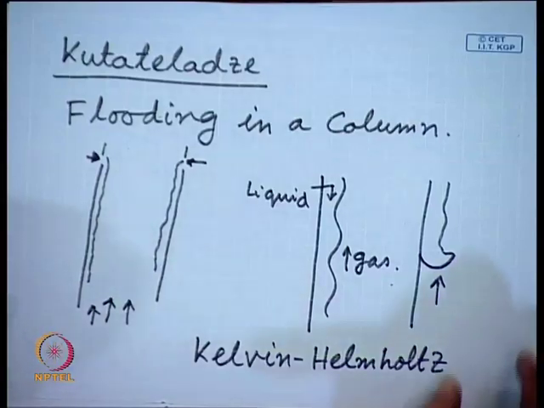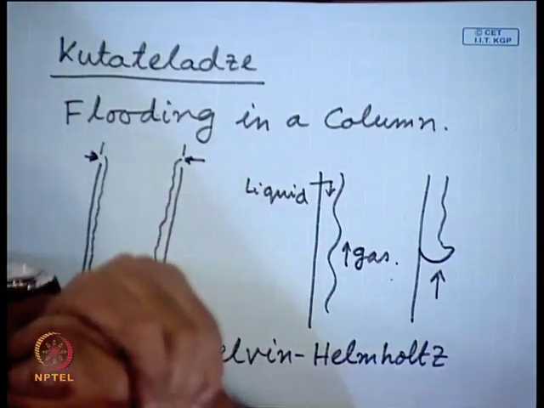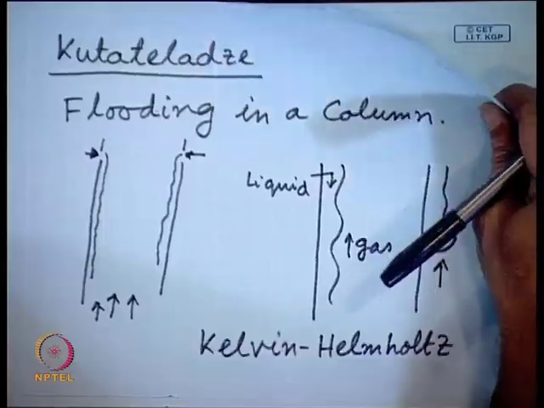This is due to Kelvin-Helmholtz instability. So, Kutateladze could see or could postulate that the critical heat flux phenomena and the flooding phenomena have got certain similarity, and he has first given some sort of relationship, not based on very rigorous mathematics, but based on some sort of logic, the logic which I have told already. So, based on this logic, he could give some relationship. The relationship which he has given is this: